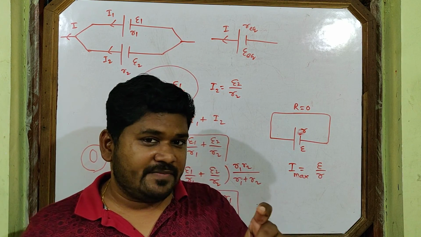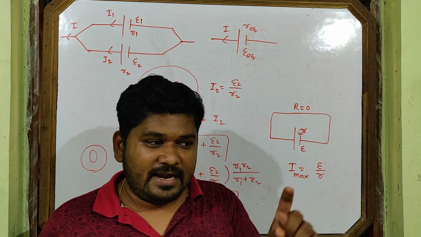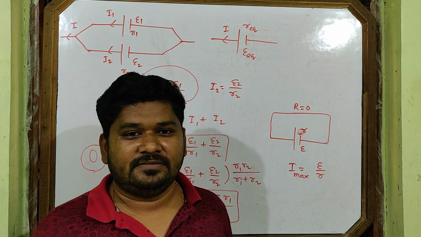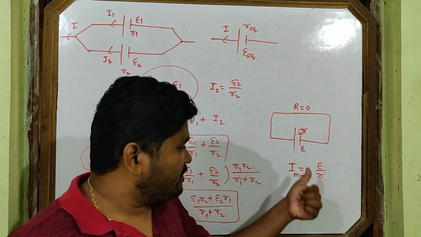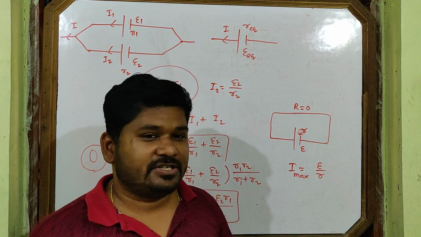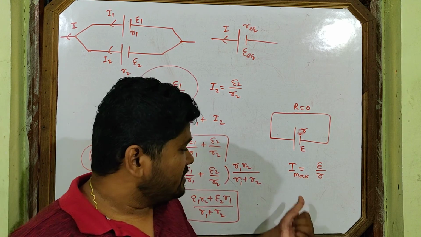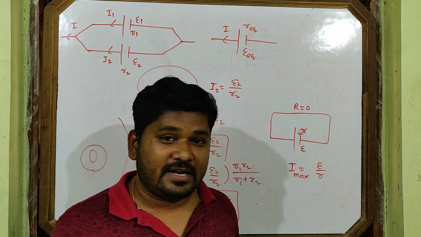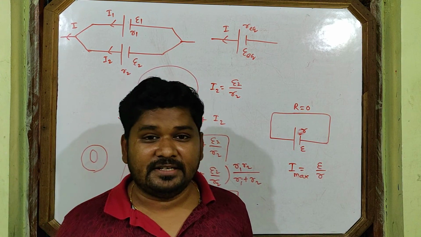You bring one cell from the market, just connect the 2 terminals by wire and keep it. Within 1 day that cell will be damaged, because the maximum current passes at that time, and the potential drop across the internal resistance, everything happens. Okay, so this is called short circuit current. The formula I equal to E by R is right, but this happens when the 2 terminals, plus and minus, are connected.